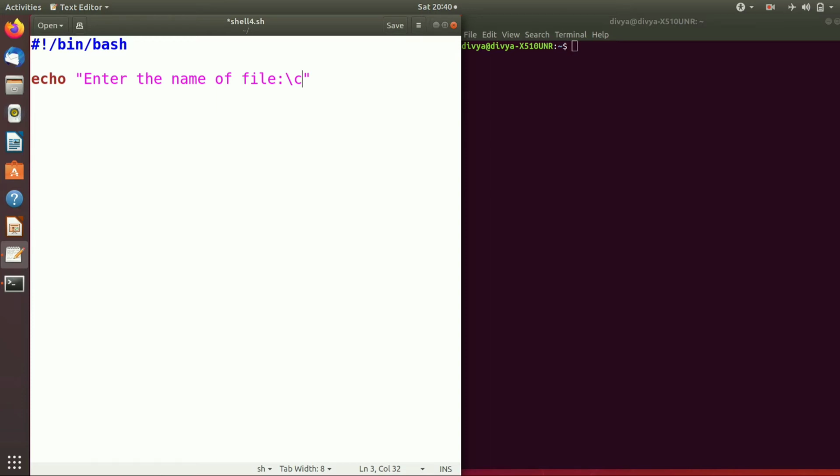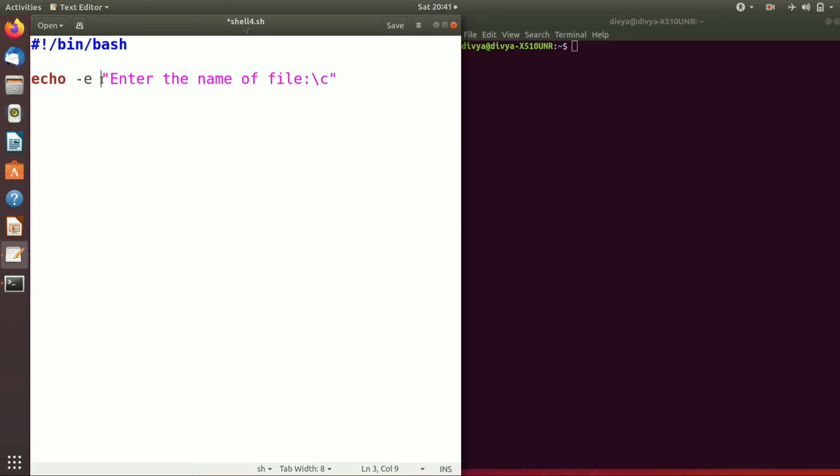Now, in order to interpret this \c, you need to use the flag -e here. The -e flag is used to enable the interpretation of backslash. Otherwise, if you don't use -e, it's going to print the \c literally. But if you use -e with this statement, then it's going to interpret the backslash, and it's going to keep the cursor on the same line as the echo command line, right?